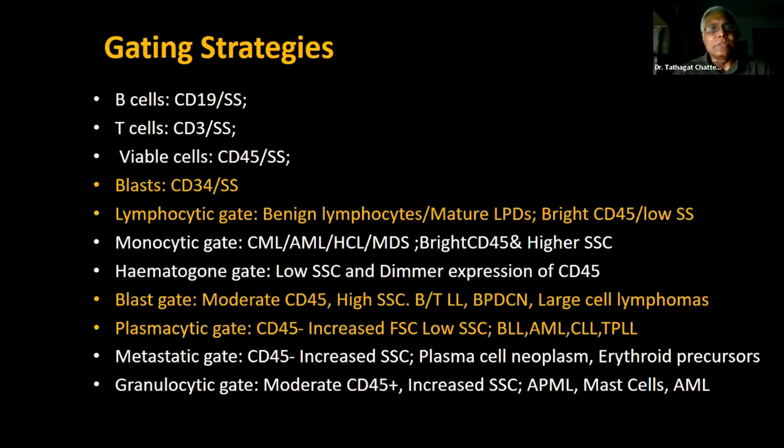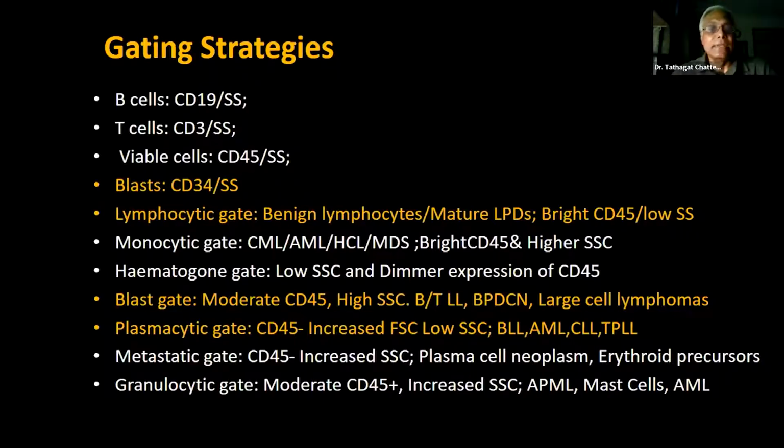Gating strategies: for B cells, you can use CD19 versus side scatter. For the T cells, you can use CD3 versus side scatter. For the viable cells, you can use CD45 versus side scatter. For the blasts, you can use CD34 side scatter. The lymphocytic gate will give you benign lymphocytes and mature lymphoproliferative disorders in the form of bright CD45 and a low side scatter. The monocytic gate will give you the CML, AML, MDS scatter plot, with bright CD45 and a